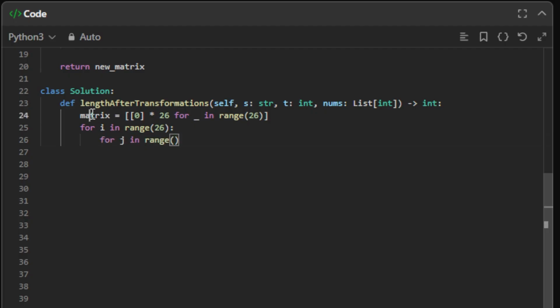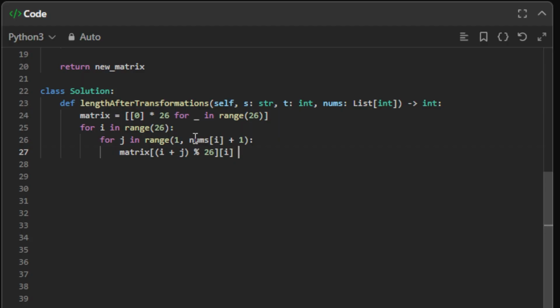Here we need to fill this matrix with the final state after the current transformation. So we will take every value from 1 up to nums i plus 1, because nums i is included, and here we will put into matrix i plus j modded by 26